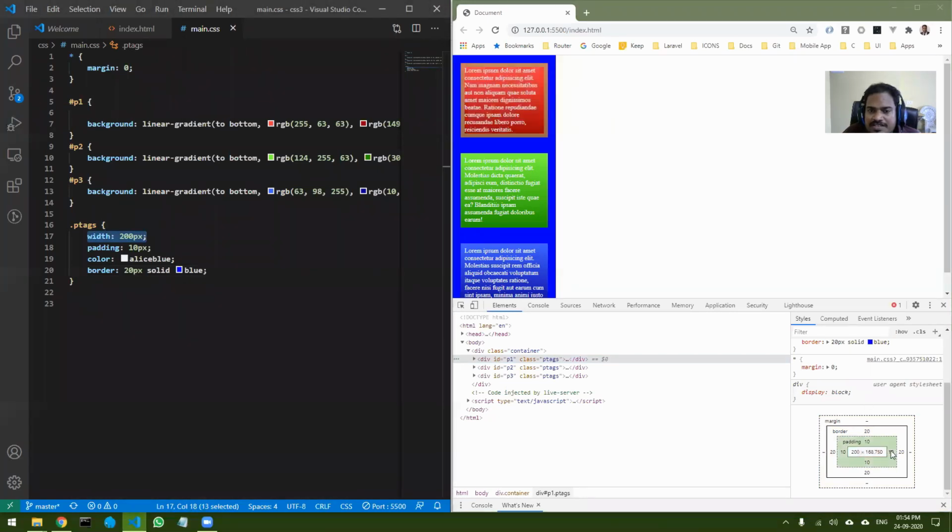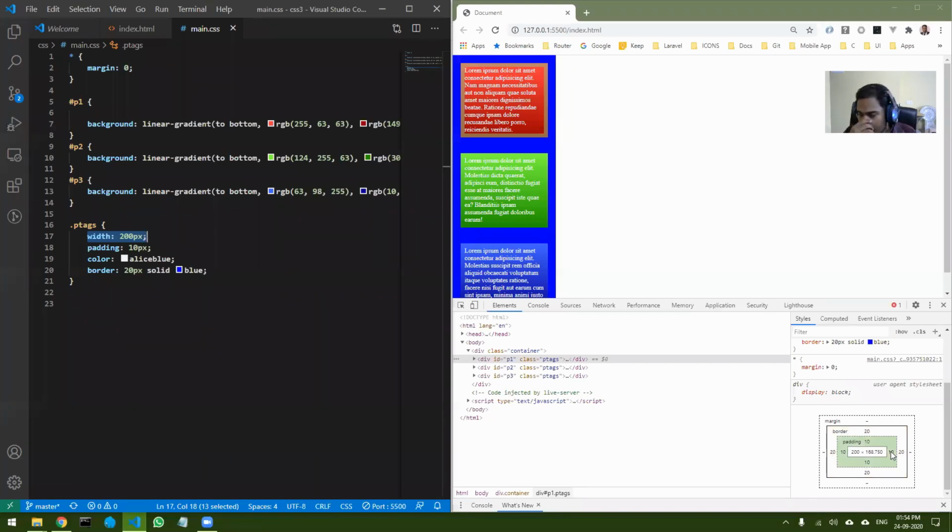Then I have 10 pixels to the side, highlighted in brown color. Then I have 20 pixels as the border. Now look at the actual container size. It is 200 plus 10 plus 20 on this side, plus 10 and 20 on this side. That means 10 and 10 on this side, 20 and 20 on this side, so this becomes a total of 60. So extra 60 width. My final container size is 260 pixels.